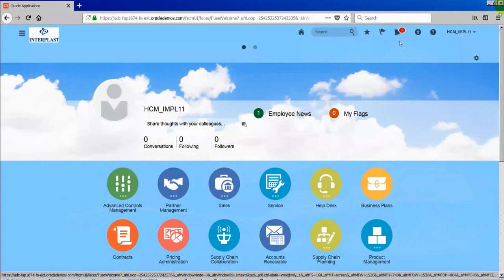Okay, and whatever announcements that company will give to us, or if you have social networking, social sourcing enabled in your instance, whatever social network integrations, it will show up here.